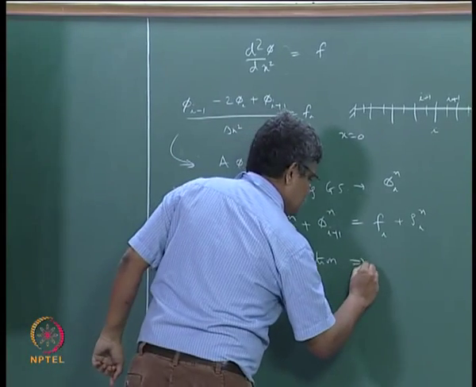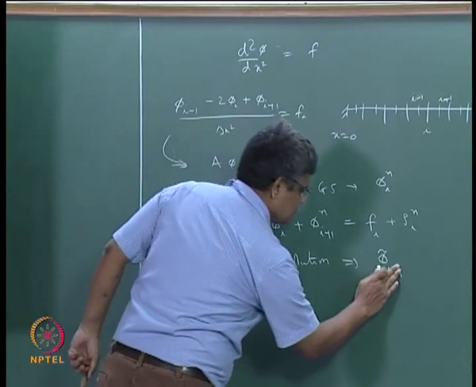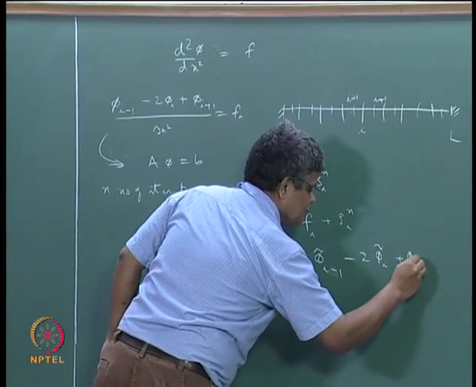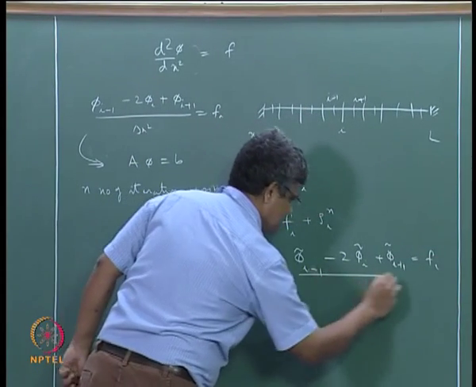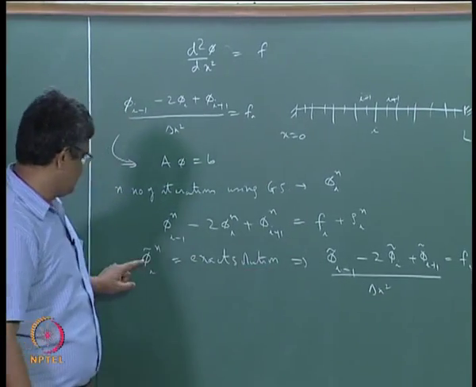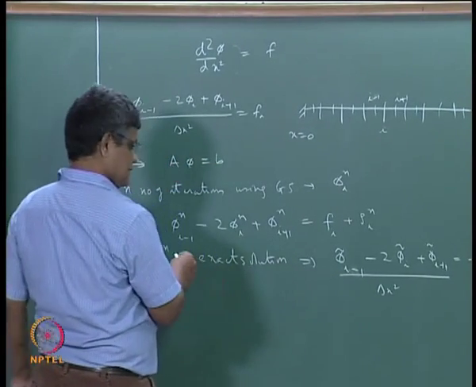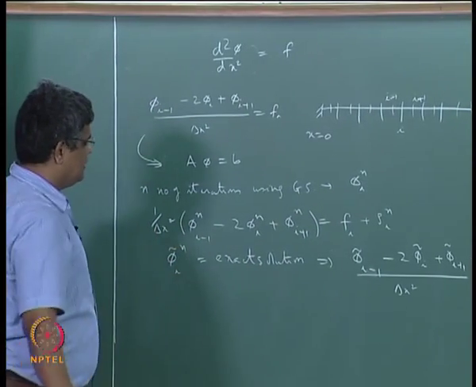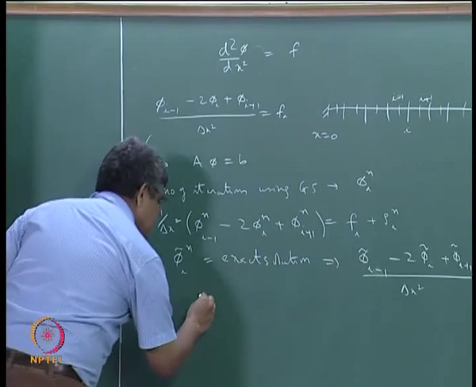of this equation, of the discretized equation. So then this means that we can say that phi tilde I minus 1 minus 2 phi tilde I plus phi tilde I plus 1, divided by delta x square, is equal to fi, and this is so because the exact solution obviously satisfies the governing equation. Now there is a 1 by delta x square here, so we can subtract this from this, and that will give us